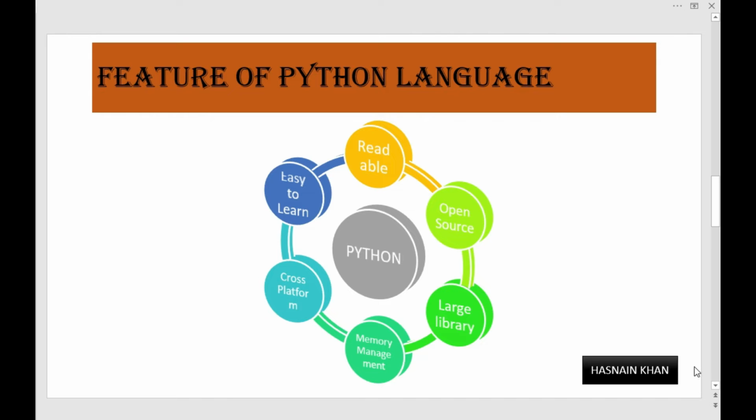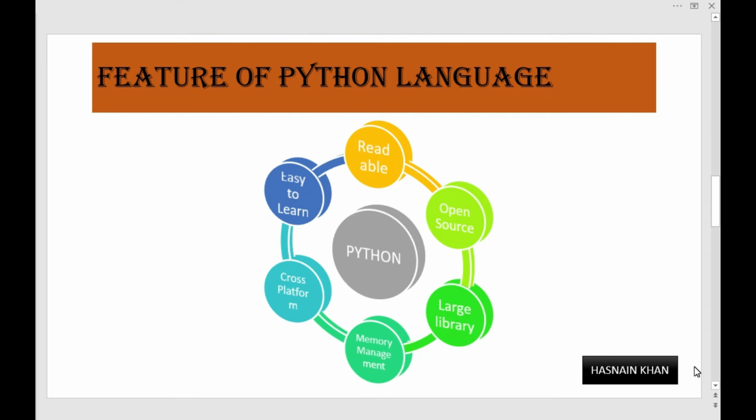Cross-platform: Python is available and can run on various operating systems such as Mac, Windows, Linux, and Unix. This makes it a cross-platform and portable language. Open source: Python is an open source programming language. Standard libraries: Python comes with a large standard library that has handy code and functions which we can use while coding. Its advanced features support generators and list comprehensions. We will cover these features later.